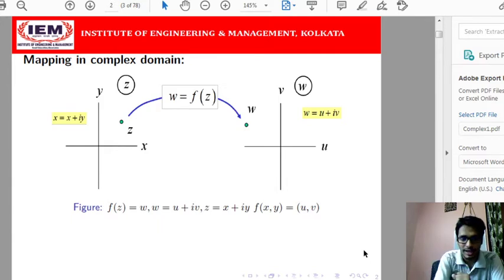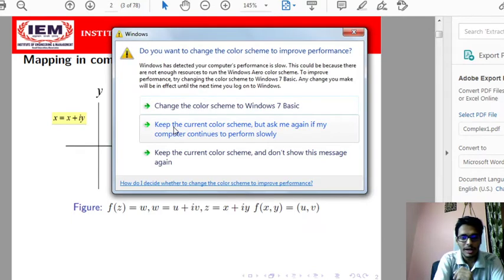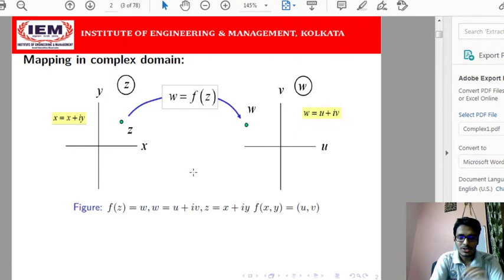variables are there. Whenever we take the input, that is the independent variable z, being a complex value, z has two parts, x and y, the real and imaginary parts. So there are two variables, and its corresponding image w must also have two parts, real and imaginary. So there are actually 4 variables, x, y, u, v. It is not possible for us to draw all these 4 variables together in a graph, because we can draw a graph only up to 2 dimensions or 3 dimensions. So what do we need to do here?